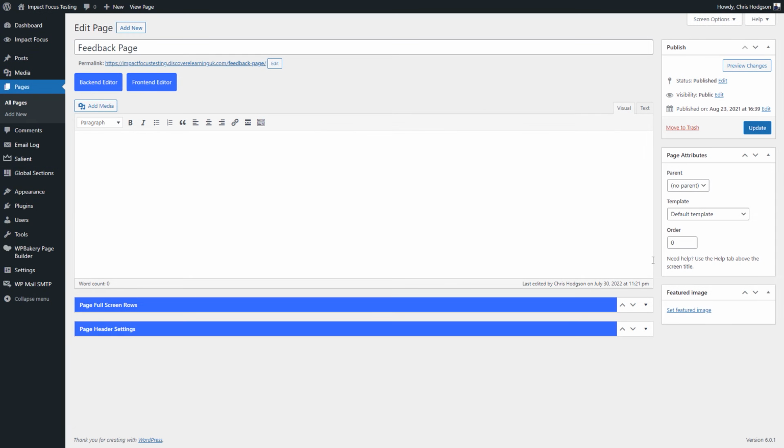If you haven't yet done so, go ahead and create a page on your platform that you want to use as the feedback page. If you want to, you can leave this page completely blank and unthemed, as Impact Focus will be dynamically adding the content to the feedback page based on the question that was set and what answer the user gave. If you'd like to include some content of your own onto the feedback page, then anything you add onto the page here will be displayed above what Impact Focus will dynamically generate.